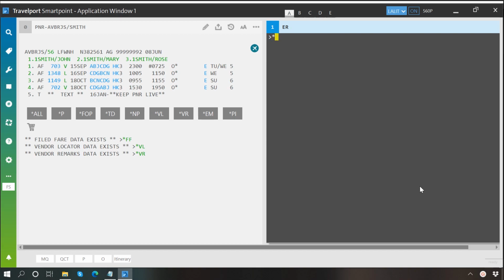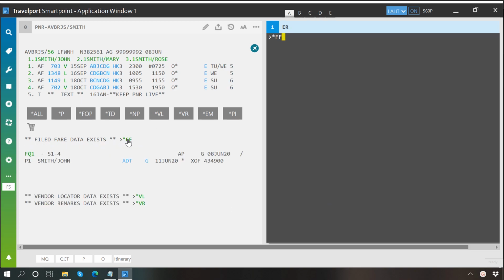You may type *FF or click here on *FF to see the stored filed fare in a PNR. A PNR can contain multiple filed fares. Now, to see further details, click here on FQ1 or type *FF1 in your terminal and then press enter.